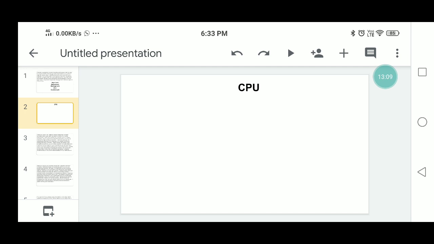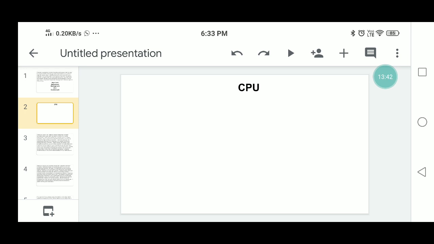The next explanation is about the output unit. During data processing, the computer processes the data according to the instructions applied to it and produces the result, or output. The output unit is used to provide the results to the user. The common output devices are monitor, visual display unit, printer, plotter, speakers. So these are the output units.